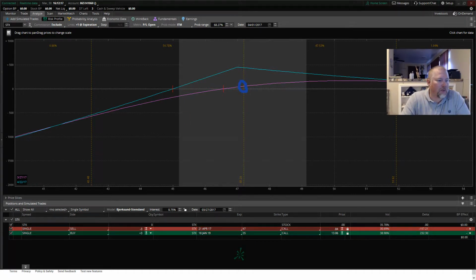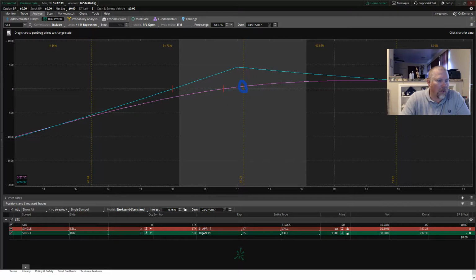But all of this space up here in between the purple line and the turquoise line is theta that is remaining for you. So you have several hundreds of dollars sitting here in theta that you can still collect if you just sit on that trade. Now, me personally, I would let the pairing of those two stay